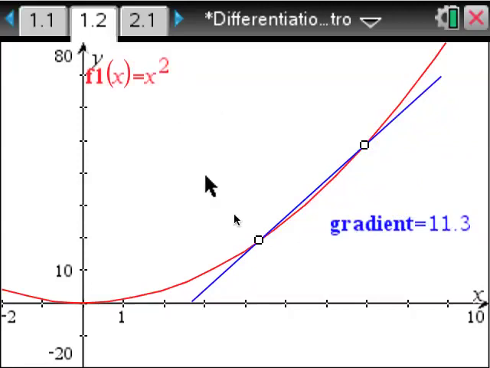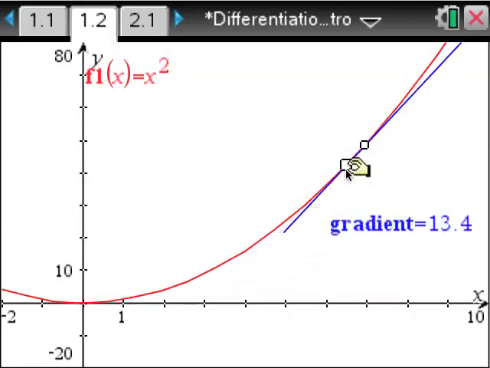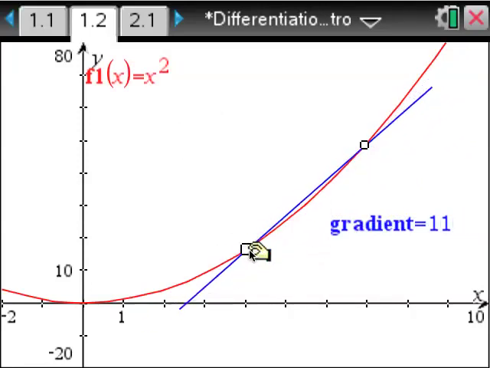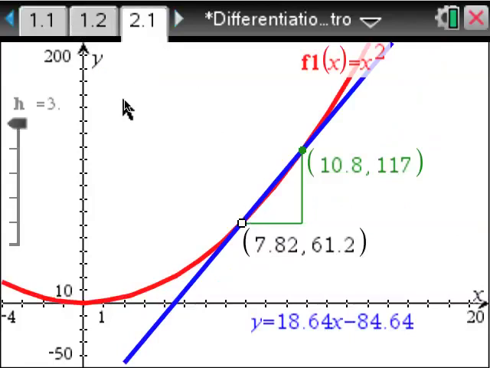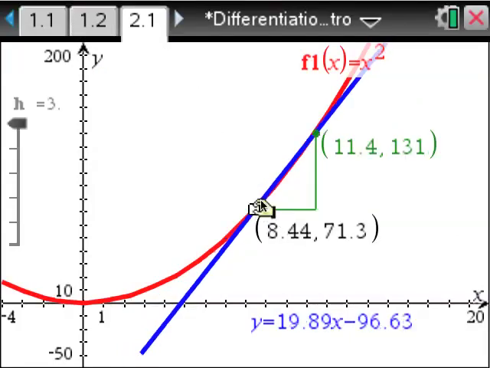This function is fully editable. These points can be moved back and forth, and this is just introducing them to the idea that by moving 2 points closer and closer together you get better and better approximations to the gradient of the line that's the tangent to that curve. On page 2.1 with exactly the same construction, we can move this point to anywhere on